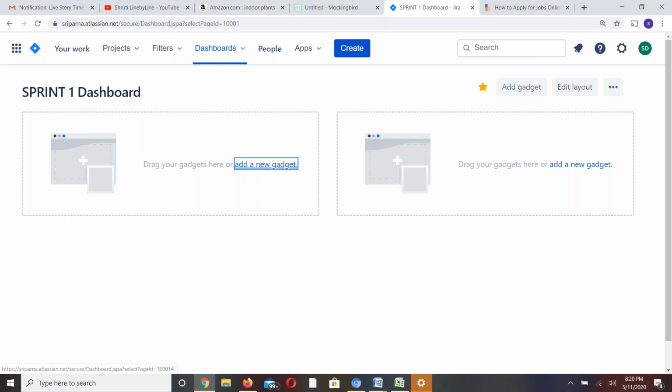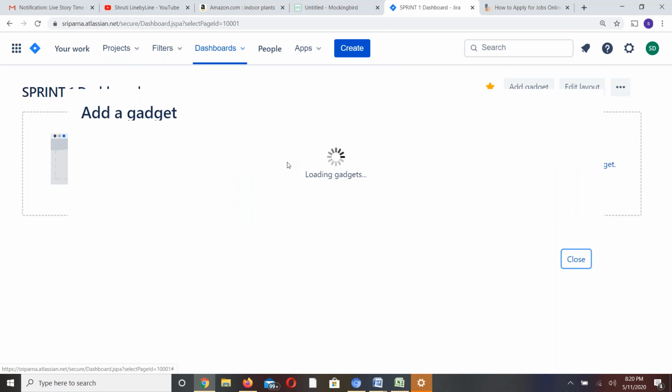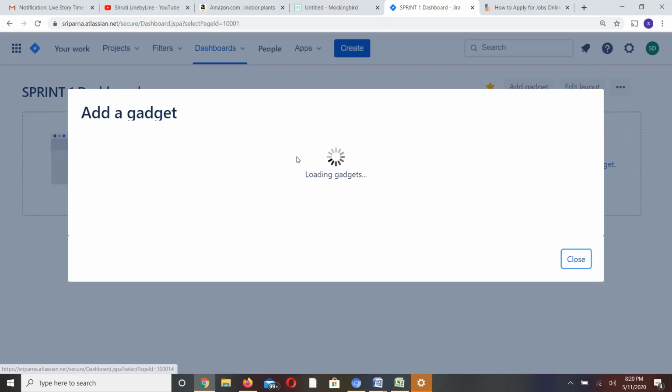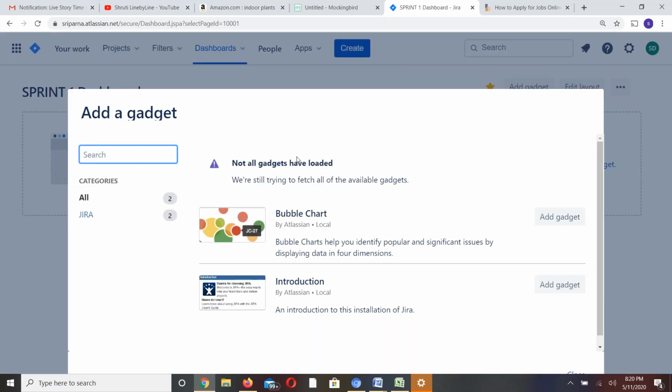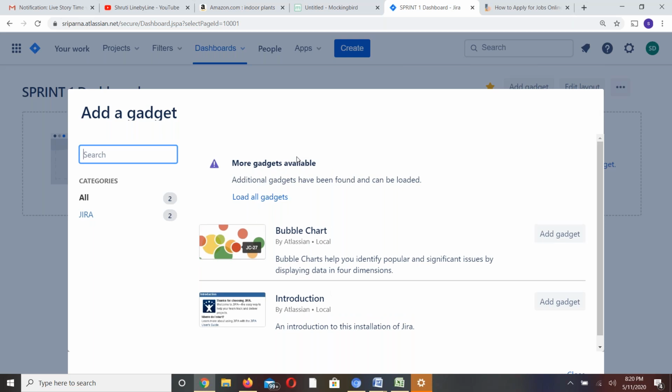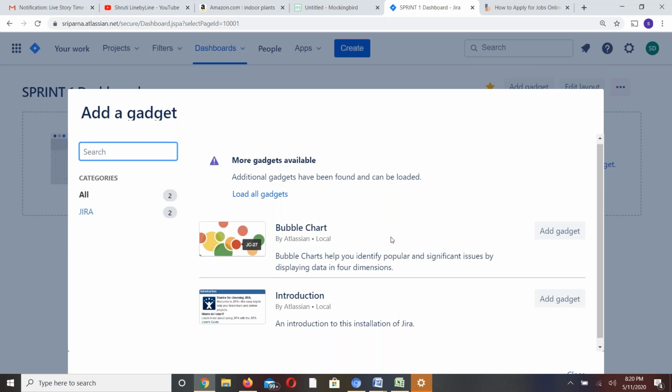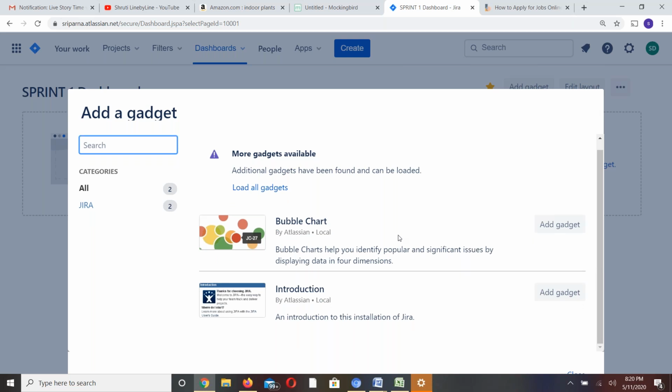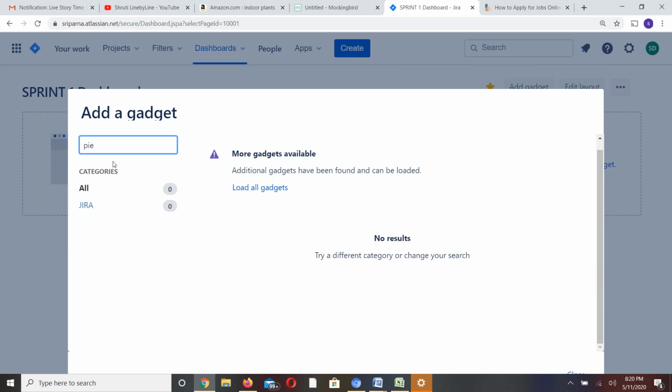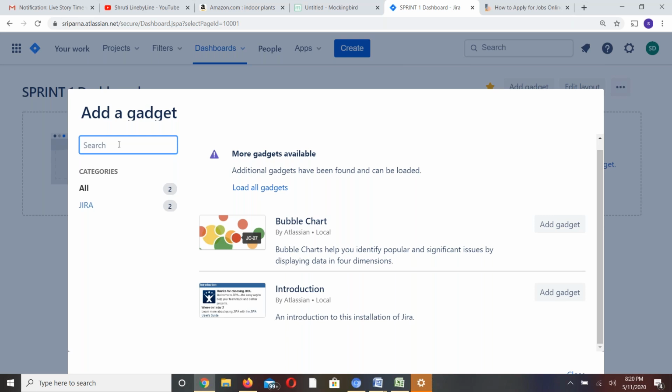Under the dashboard, you can create different views, and add a new gadget. Basically, if you want to have a different view of the system, a bubble chart, pie chart, whatever. Okay, I don't think all the charts are available right now in this trial version.